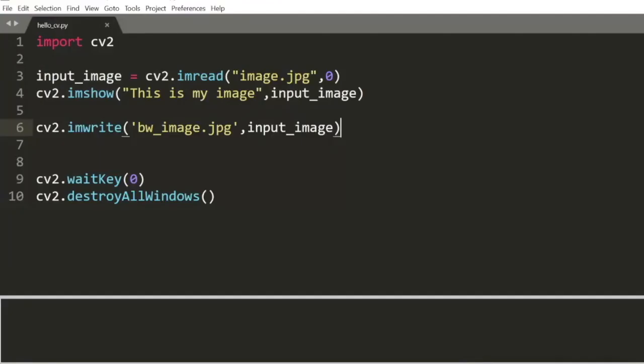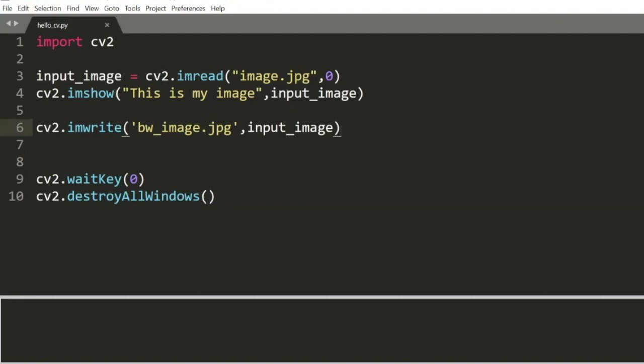This was good, we were able to write something to the image, but a lot of times we also need to do some manipulations on the image itself, not just converting it from color to grayscale, but sometimes you want to draw some rectangles around it. The reason you might want that is, let's say you're doing face detection. In a face detection algorithm, I want to show where on the image or in the video that person is, so I want to draw a rectangle around his face. In those cases, drawing something on the image itself is very handy.